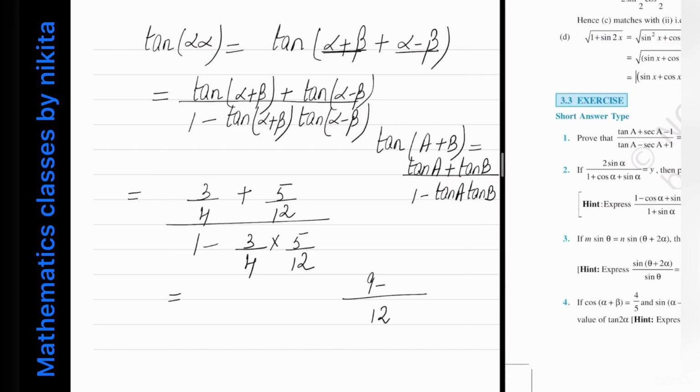We will get 9 plus 5 divided by, this will cancel out, so 16 can be the LCM, so you will get 16 minus 5. So this will be equal to 14 by 12 divided by 11 by 16, which is equal to